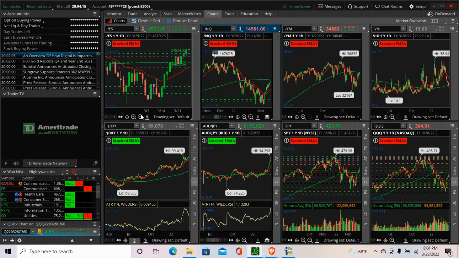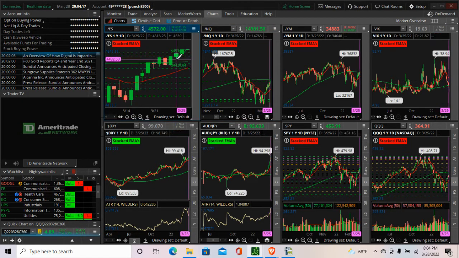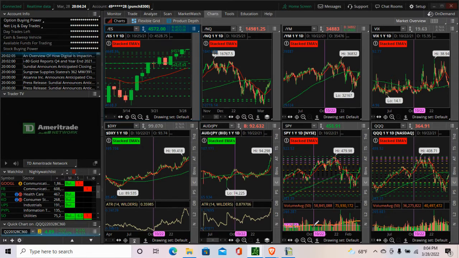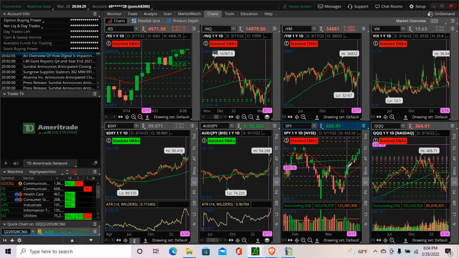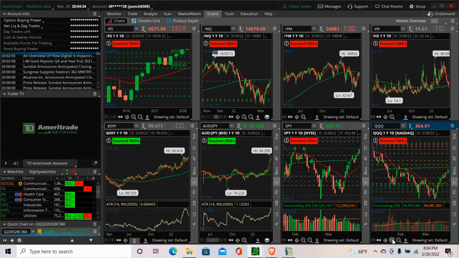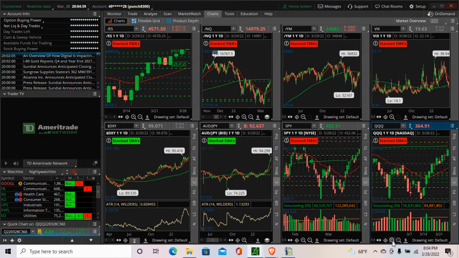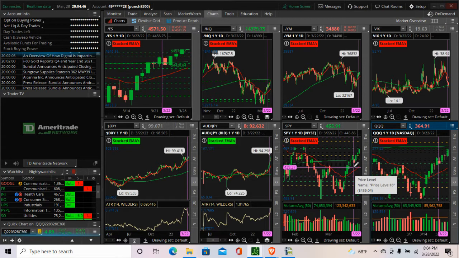So you can see here we've got the ES. ES is above the 21 and the 200 days. So I was expecting strength in the market. If you look at the SPY as well, it was above the 21 and the 100 day. So I did expect the SPY to lead in the market as well. And Qs, even though it was below the 200, if the ES and SPY were going to be strong, that would essentially kind of help push